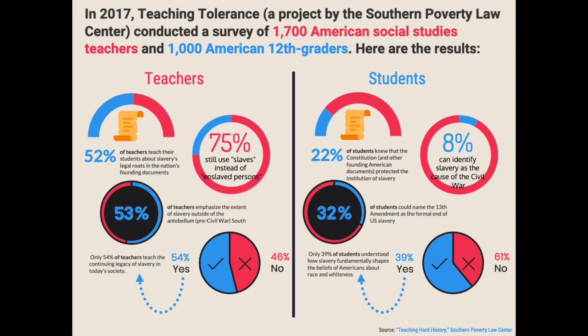They sent the survey to not only members of their website, but also teachers who were not members of their website. However, of the 1,700 American social studies teachers who responded, about 90% of those teachers were members of the Teaching Tolerance website. Now, I think this number is really important because what that tells us about this data is that of these results,